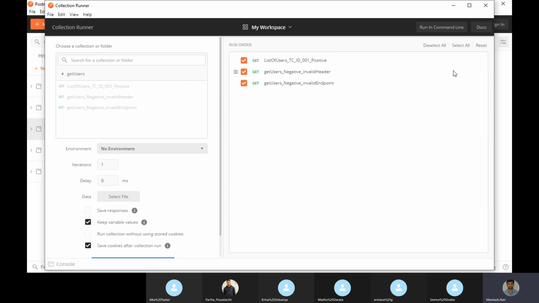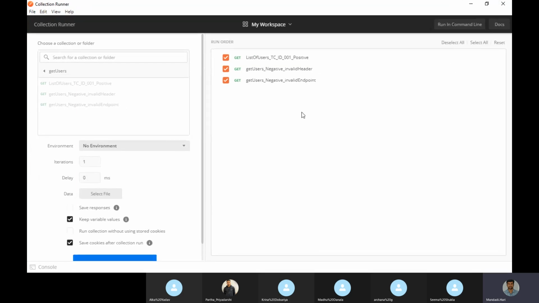Here you can modify something. Do you want to change the environment? Yes, I want to use the August batch environment, that is called dev environment. Suppose tomorrow I create one more, August batch QA environment, August batch dev environment. I can select just by going here. Environment is very easy to change, right?